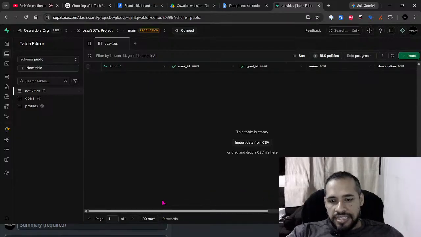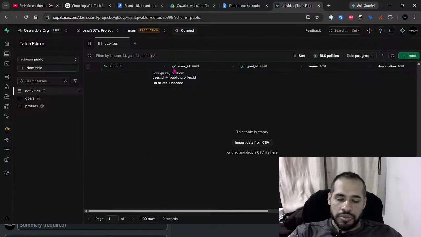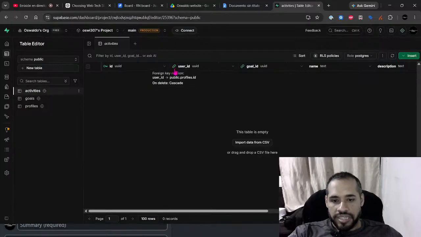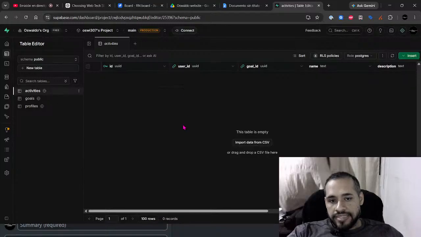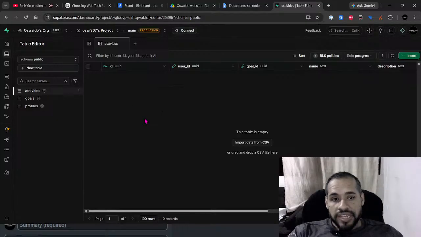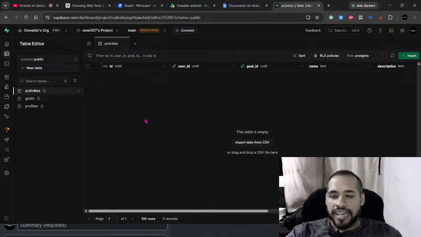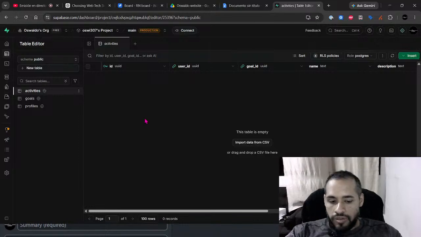As you can see, these ones with this icon are showing a relationship, a foreign key, because every time you log a new activity or a new goal, this is the general database, the enterprise database. So you don't have only one user.